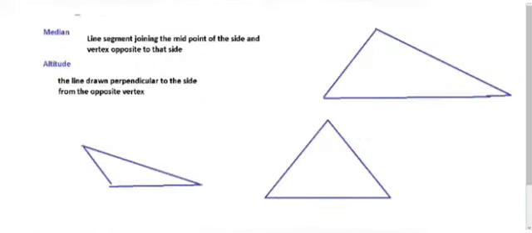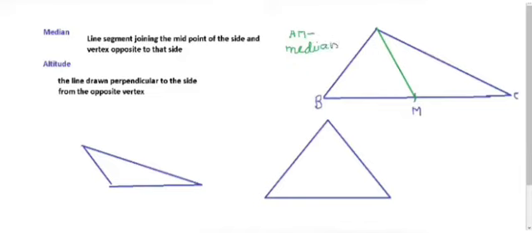Now we come on median and vertex. See, median is the line segment joining the midpoint of the side and vertex opposite to that side. Now if I take here a triangle ABC, let us take the midpoint of BC. It will be somewhat here, so I am taking the midpoint here. Now the line segment joining the midpoint and vertex opposite to that side is called your median. So here your AM will be referred as your median.